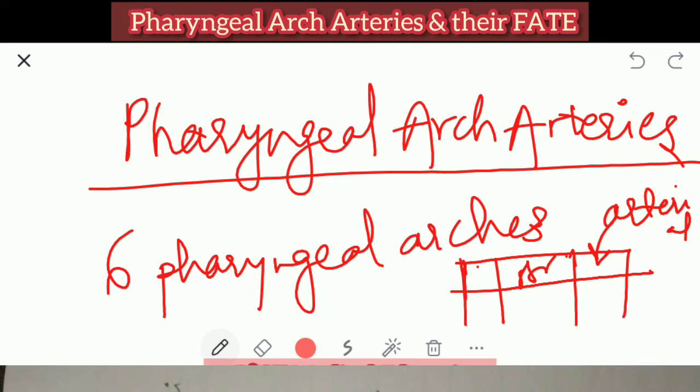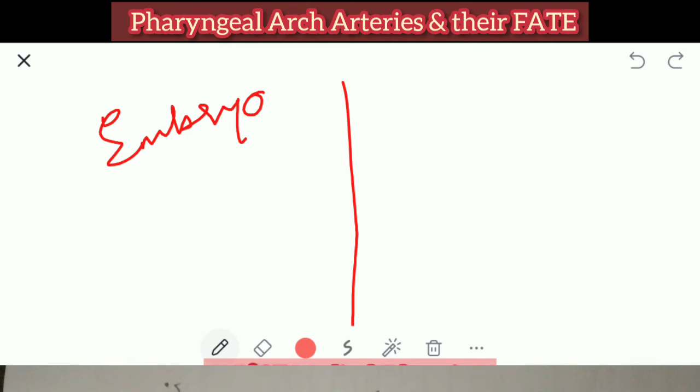The second arch has the stapedial artery. These arteries develop from those arches. Now we will see in detail what all is developing. For that, we need to distinguish between two things. First, we should clarify the adult. This is the embryonic, what I'm going to draw here, and this is about the adult.